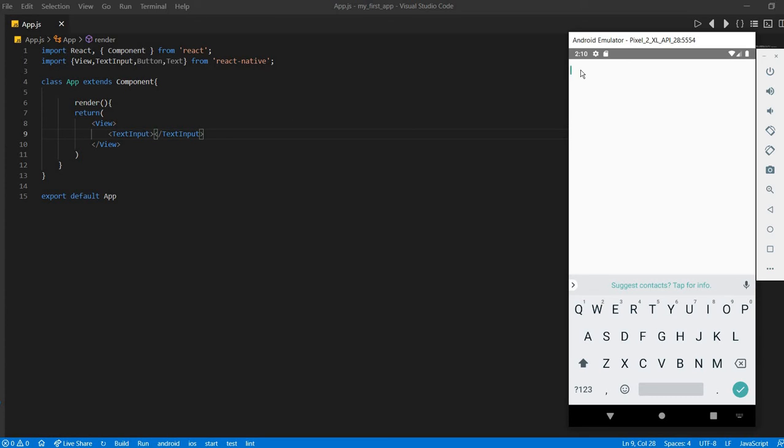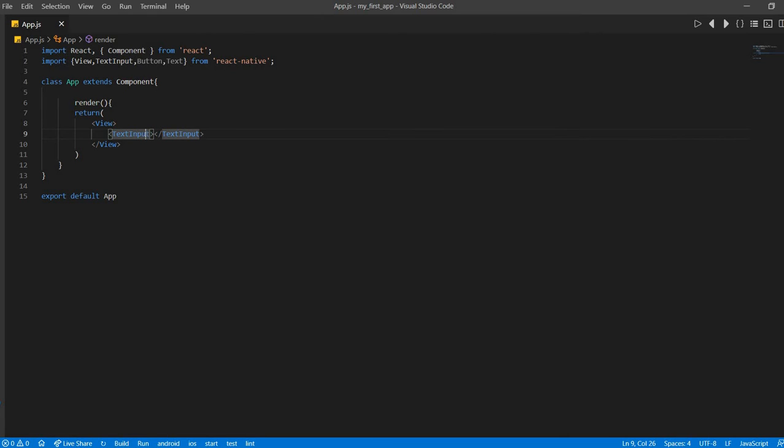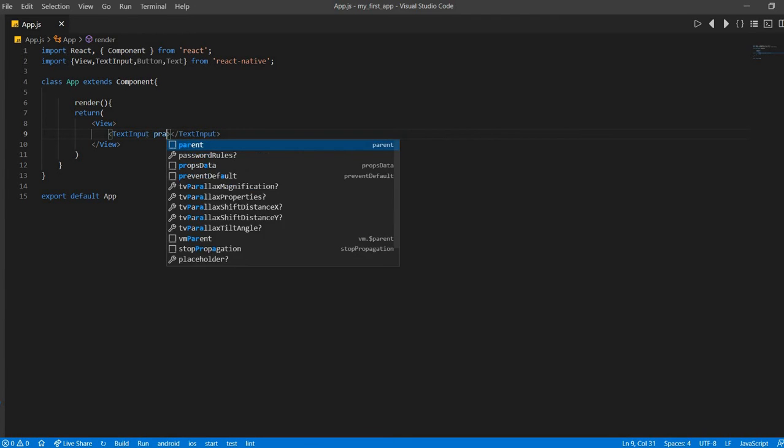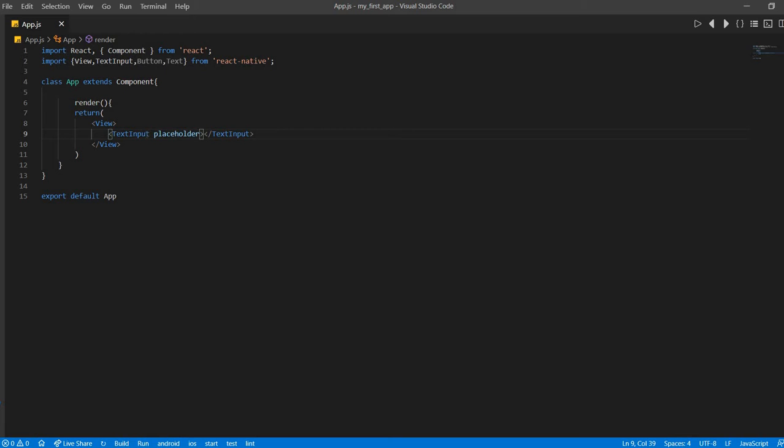So to reduce this invisibility, we will add a placeholder here. Placeholder equal to, suppose, "Enter text". Okay, and then we will add style also. Style equal to, for example, height.